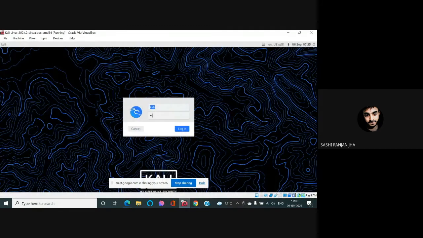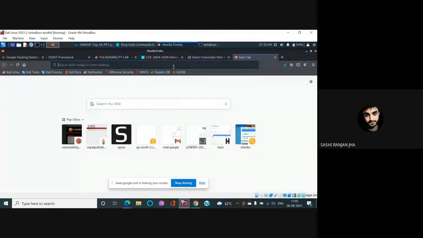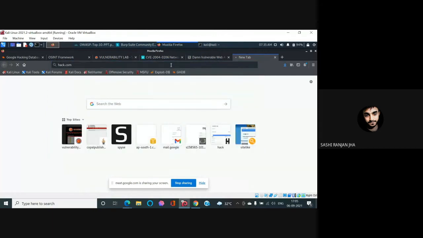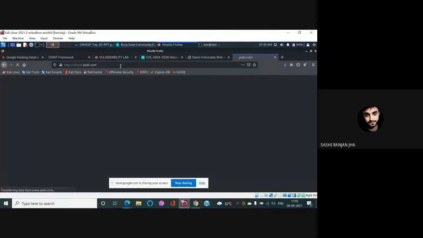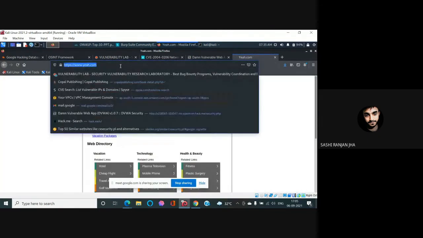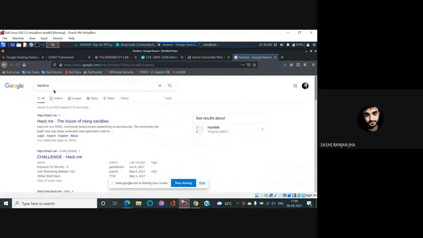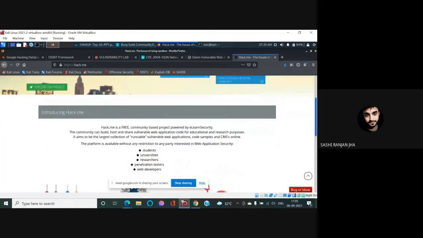Let me boot up my Kali machine over here. Okay, so for the demonstration purpose, if somebody wants to see or try these things, they can just search for hackme.com, and there you do not have to install any kind of application.